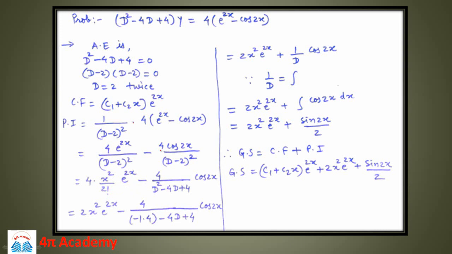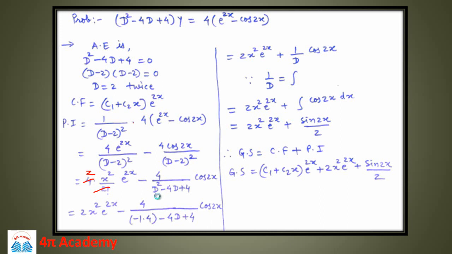Minus this 4, and I again write this (d minus 2) square as d square minus 4d plus 4, I can expand this, into cos 2x. This 2 factorial is 2, so this 2 goes off with 4, and we remain with 2. So it is 2 into x square into e raised to 2x minus 4 upon, now here